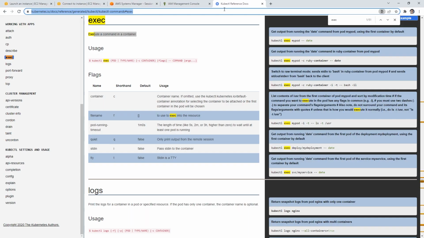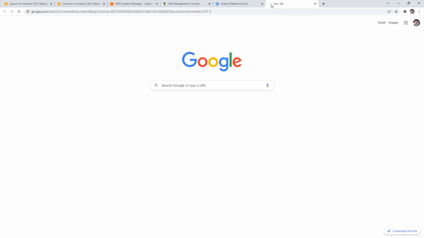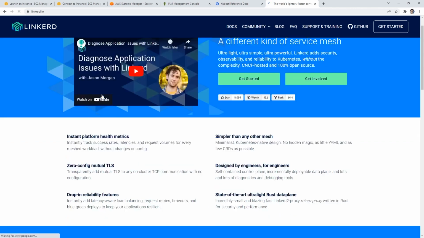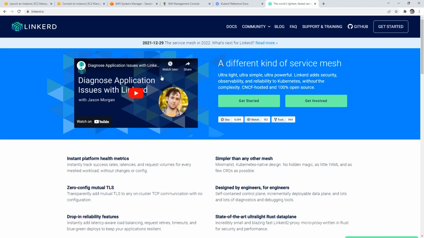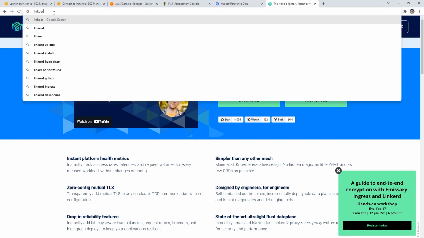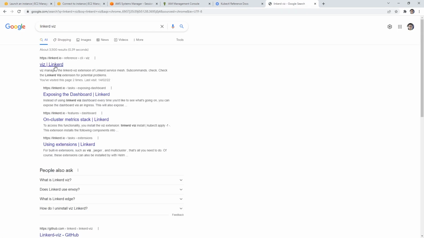Actually, while it's going, let's go take a look at Linkerd. So, I mean, there's Istio, there's Linkerd. We're doing Linkerd just because that's what I did the lab with. We could have done Istio, but it's just what it is. So Linkerd is a service mesh. It gives you all this cool functionality on top of it, and it makes it really clear once you start to see the dashboard. So if we type in like Linkerd viz here,